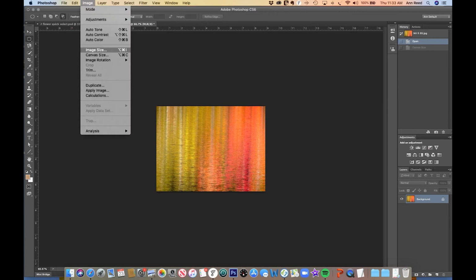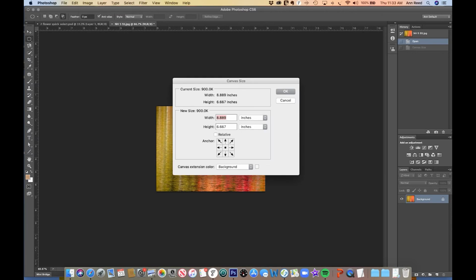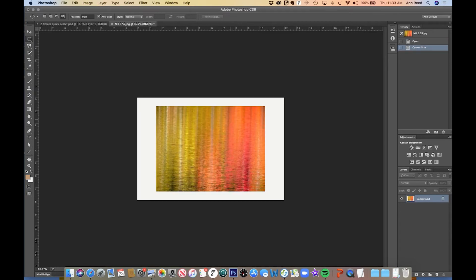So here we have image and canvas size. Canvas size is the workable area that you can put stuff on. A larger canvas print versus a smaller canvas print, that's the physical size of the area that you can actually put stuff on. If I change the canvas size to something bigger than the default, like 12 by 8, you'll